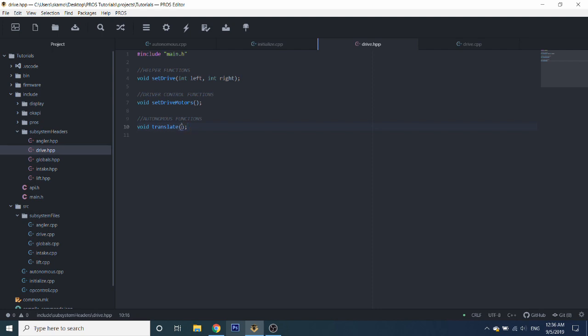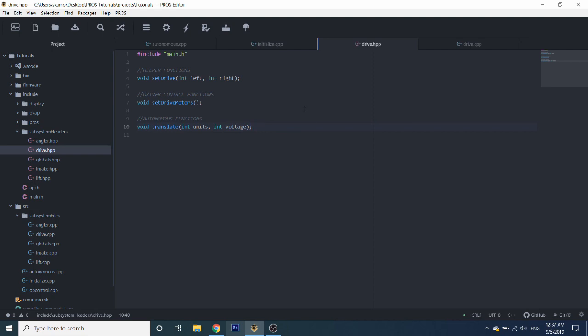You could have a function, for example, called drive forward, and then one called drive backward, but we're going to make it a little easier, and have this one translate function take care of both driving forwards and backwards. So this function is going to need two parameters, units and voltage. If I haven't mentioned this before, I'm not sure if I did in our last episode or maybe the first one,